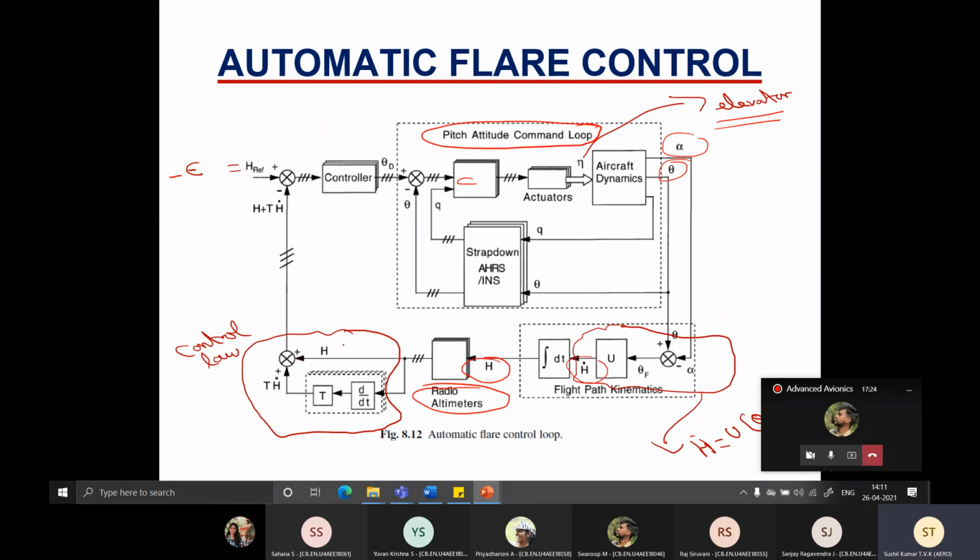Now you can use this control law. h is derived from the radio altimeter. Then you take the derivative multiplied by the time constant, which again will be decided by the type of the aircraft. Then you have this summation, and this goes as h plus T h dot is equal to h f. So that completes the feedback control. That's the outer loop. The inner loop we have already seen. The moment the flight dynamics block comes out, you can sense q and theta, and that in turn can go into the inner loop as a feedback.